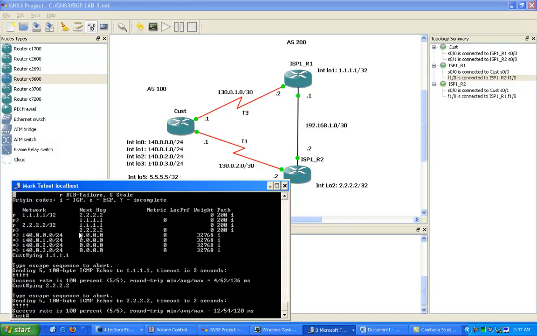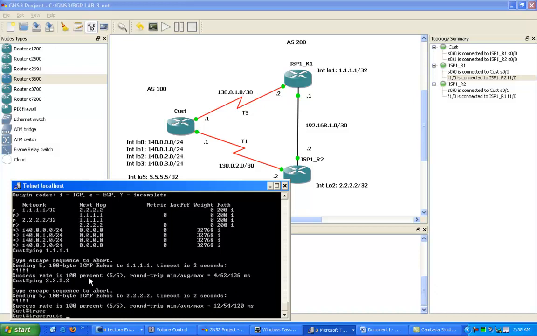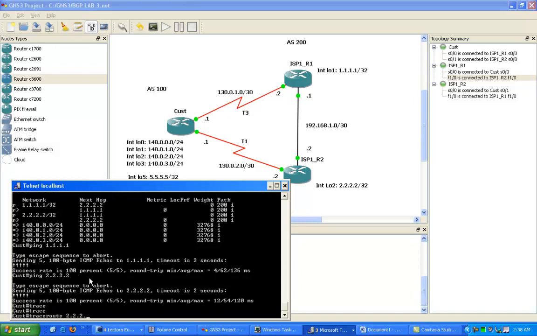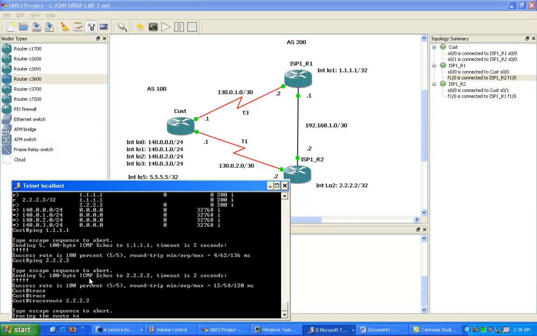The next hop is the direct connection to ISP1R2. So if I do a trace from the customer router,